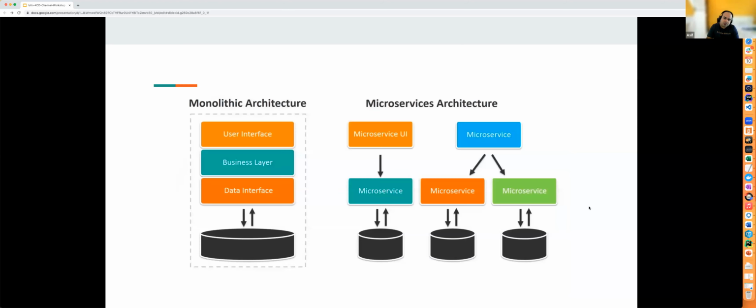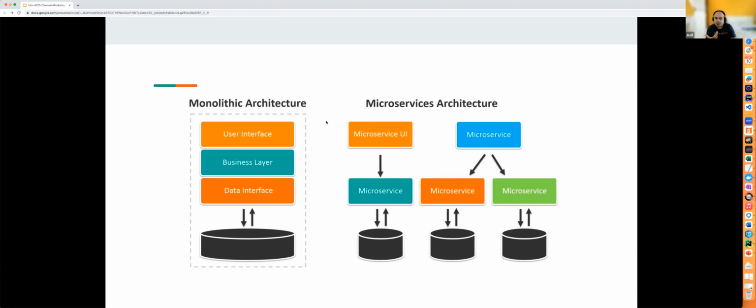If you go back like 10, 20 or 30 years, there used to be basically monolith architecture, where all the business code, the UI, the data code, the data interfaces, everything was bundled up as a single software application. And that was one single piece of code which used to run on the main servers. This used to work absolutely fine earlier, but as the cloud native space got built up and applications started moving to cloud, this monolith architecture was not suitable enough to run on cloud or any modern infrastructure, for several reasons.